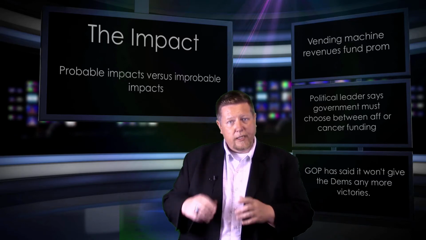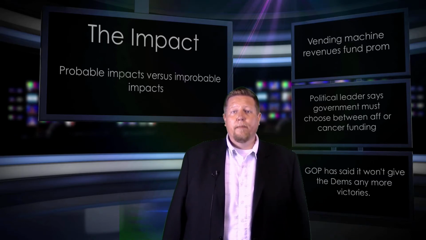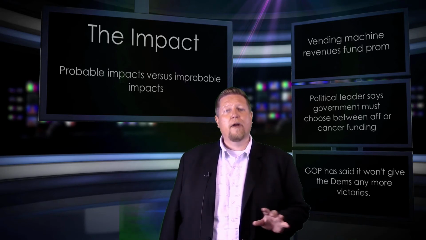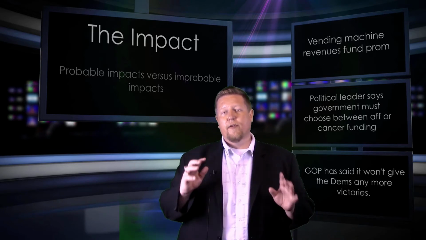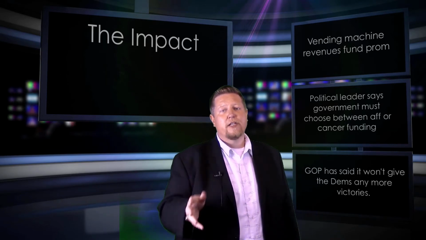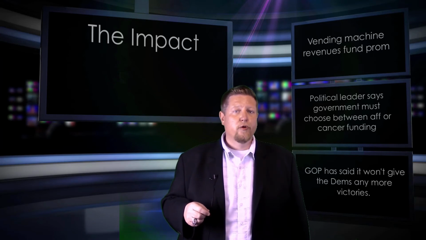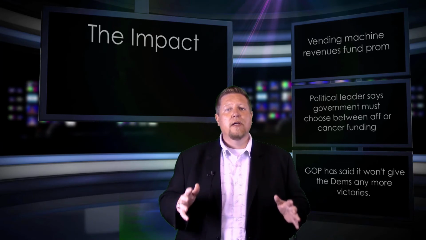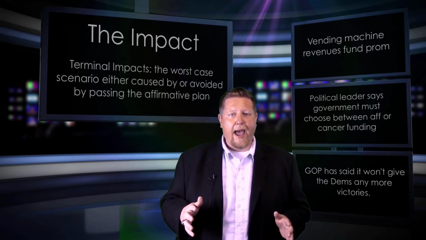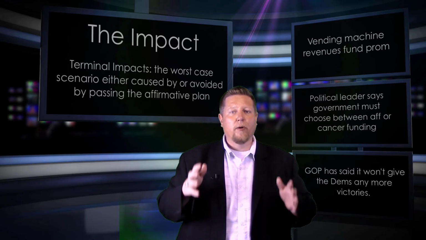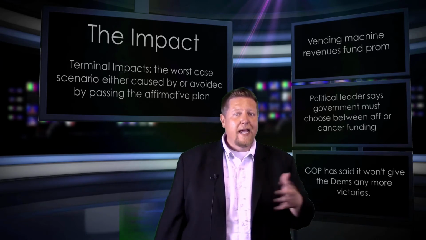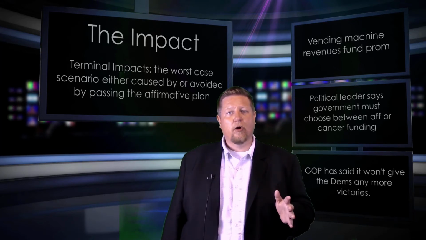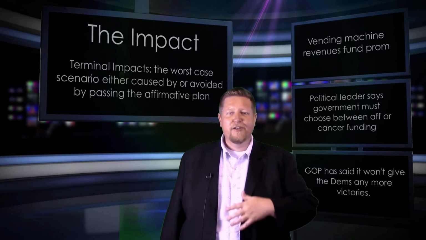The impact you choose is important because debate is a game in which both teams are trying to prove that passing the affirmative plan will or won't have major advantages or disadvantages. The affirmative team wants to prove that the advantages outweigh the disadvantages, and the negative team wants to prove that the disadvantages outweigh the advantages. In order to do this, both teams often want terminal impacts. Terminal impacts are always big and horrible. Extinction, war, disease, and famine. Negative teams want terminal impacts because no matter how wonderful the affirmative plan might be, terminal impacts are always worse. They always outweigh the benefits of the affirmative.